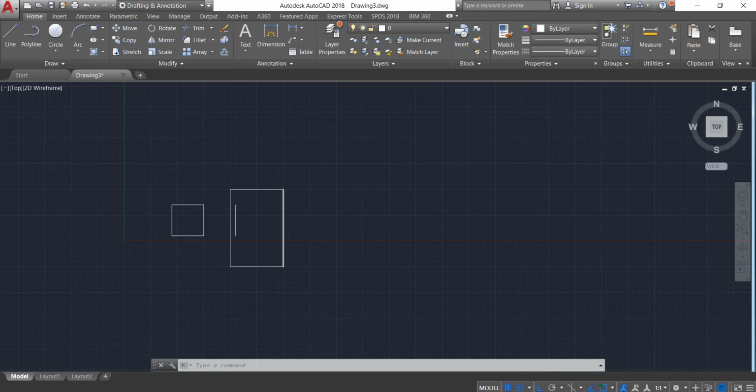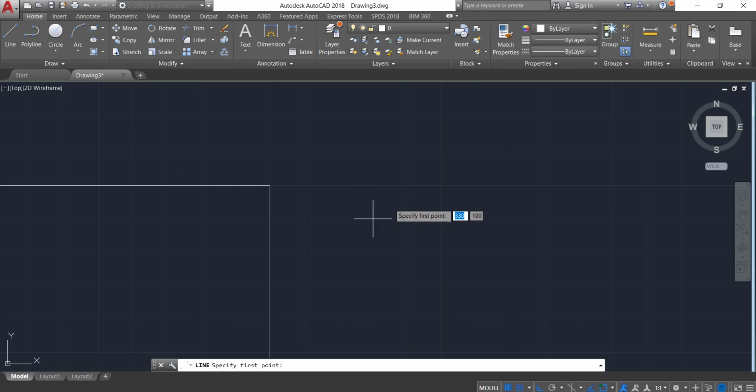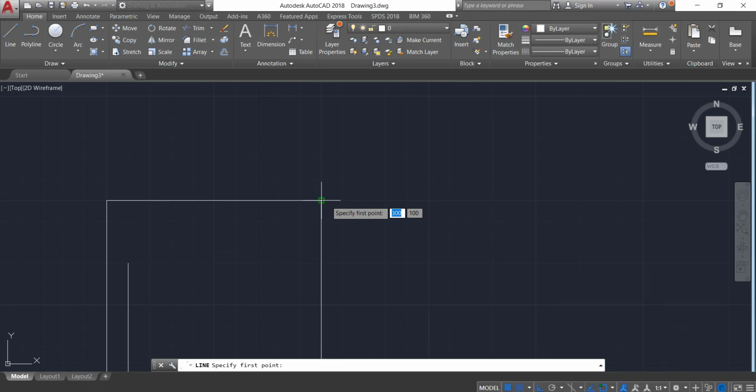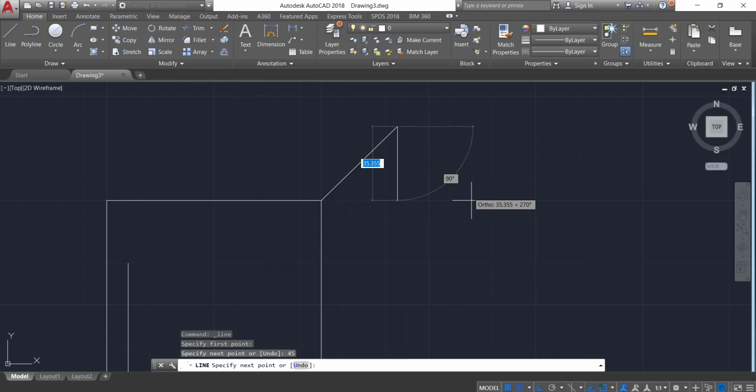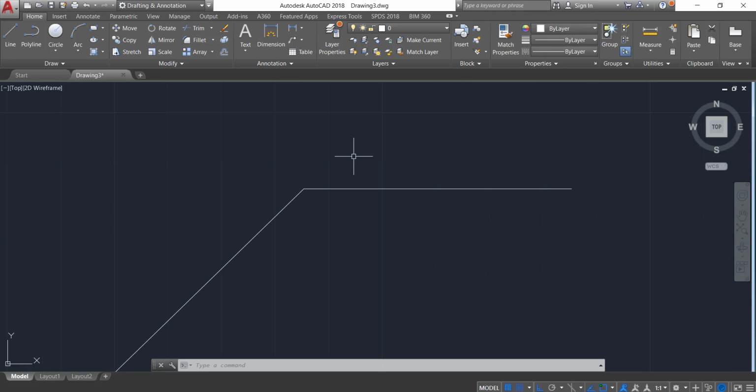Now let's see how to draw a line at a certain angle. Select your first point, then insert the distance. Let's consider the distance to be 50. Now press the tab button. Here you can see it changes from 50 to the angular part. Now insert the angle that you require. Let's consider we require a line at 45 degrees. So enter the angle as 45 and hit enter. You can see our line has been created at an angle of 45 degrees. That's how you can draw your line with the help of linear measurement as well as angular measurement.